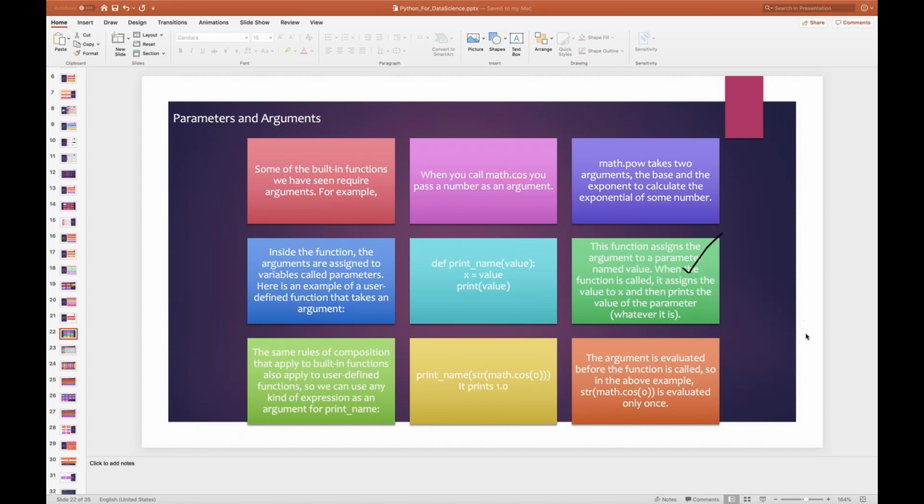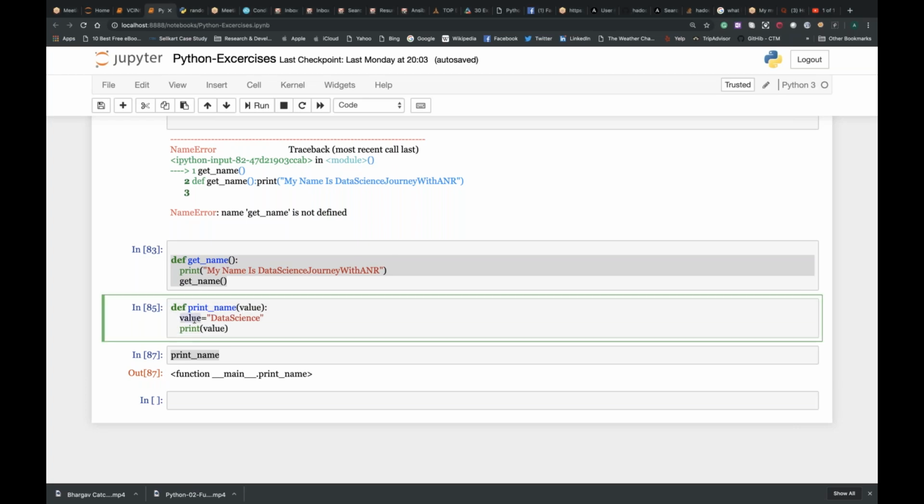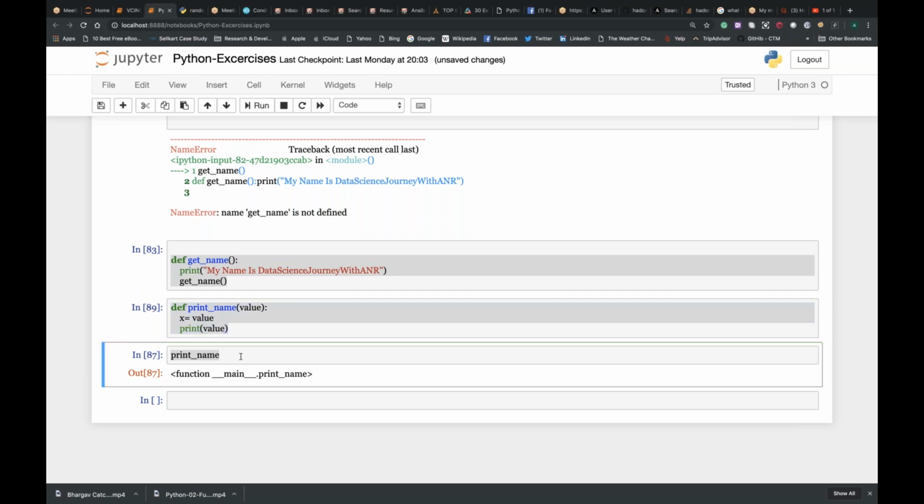I'll erase all the drawings. Instead of saying data science, let me take the pointer. Now, if I say x equal to value, let's see what happens. I call the statement.